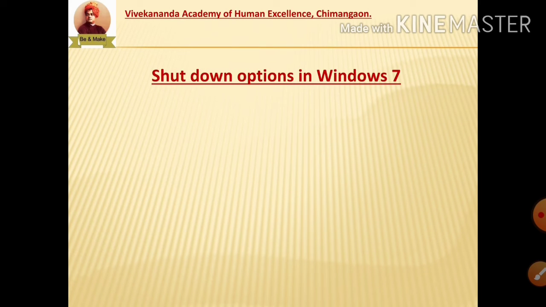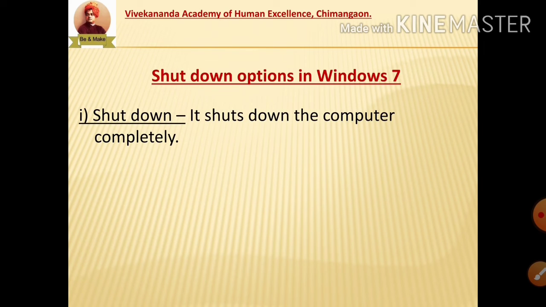Now we are going to learn about the shutdown options which are available in the Windows 7 operating system. The first shutdown option is shut down itself. Once you click on this option, it will shut down your computer completely.